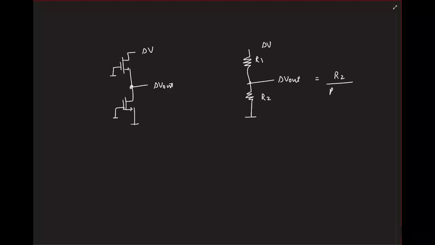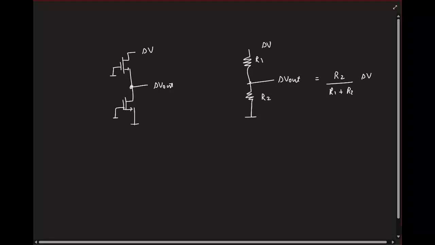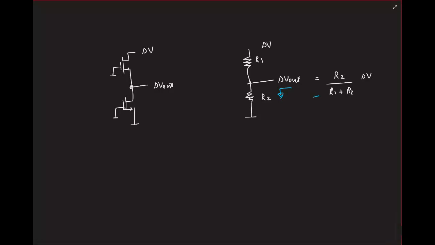R2 by R1 plus R2, right? And again, if you think about it, R2 is basically the resistance you look at from the output to ground. The sum R1 plus R2 is the total resistance you look at from the input to ground. Okay. So if you go by that logic, what is the resistance you look at from the input here to the